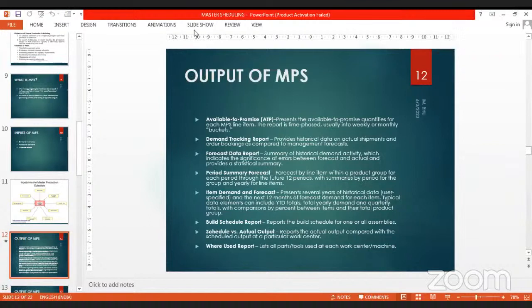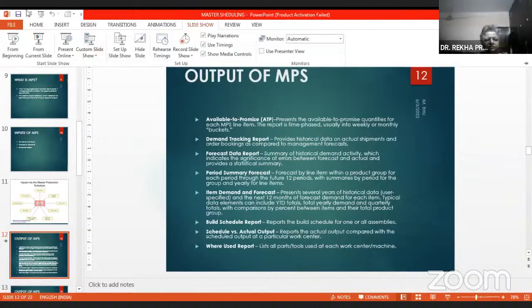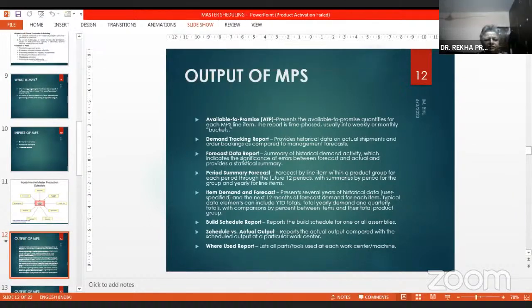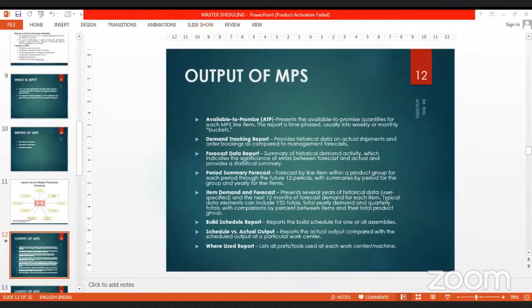Output of MPS. Available to promise: present the available to promise quantities for each MPS line item. The report is time phased, usually into weekly or monthly buckets. Demand tracking report provides historical data and actual shipment and order booking as compared to management forecast.